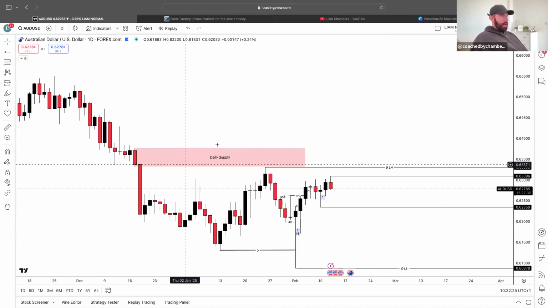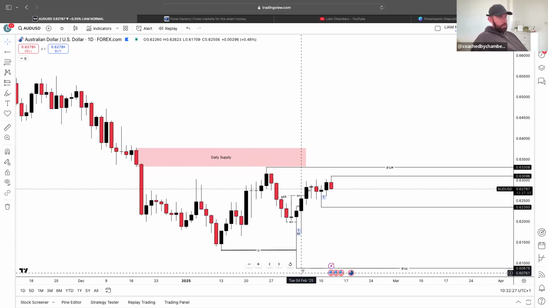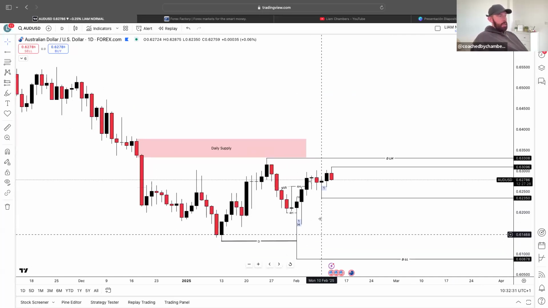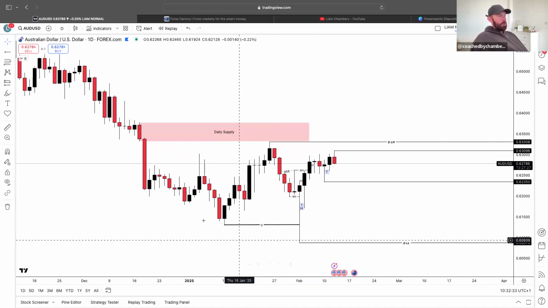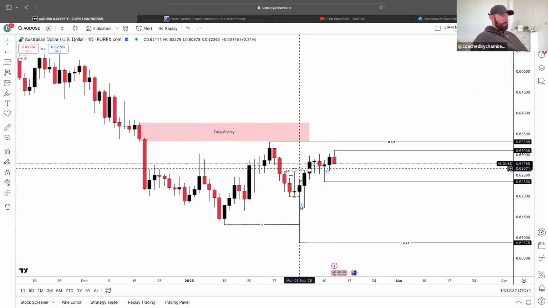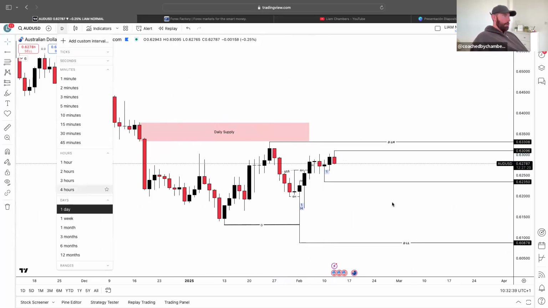As of right now, you can see that we had this daily supply met. We obviously come down, creating a new lower low. The body of the candle didn't finish below, so it was more of a liquidity sweep, but we still have it as an external break. And then the 4 hour has been uptrending. So if you look at the 4 hour,